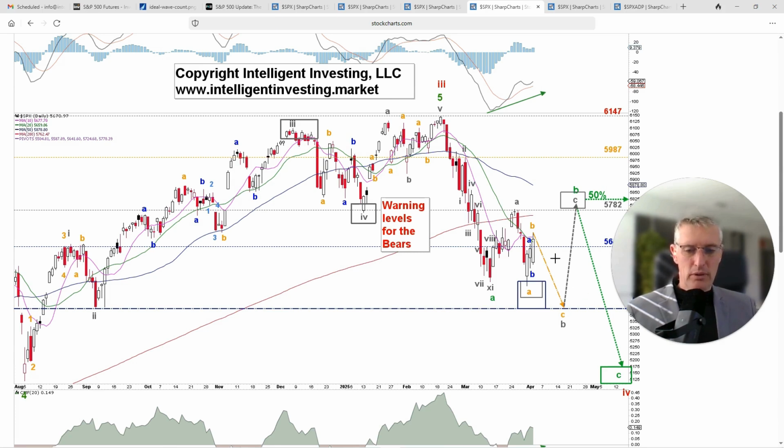So watch the 5,400 level. If we close below it on strong weakness, it sounds weird, strong weakness, very weak market, then I'm going to look for 5,100 for the impulse pattern. If we hold this 53.97 level to be exact, and we start to see a very strong reversal, I'm going to look here for 58.25, potentially 5,900, potentially almost 6,000 for an extended C wave.